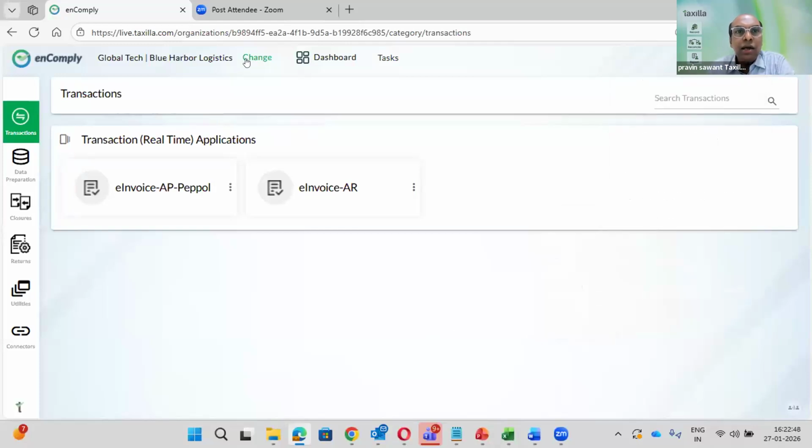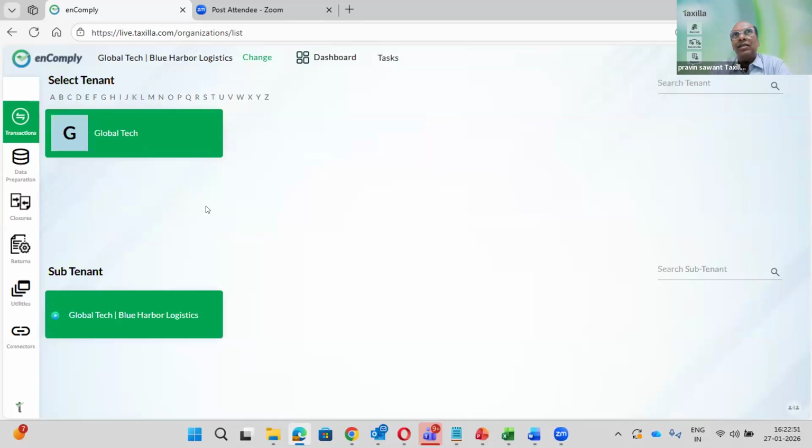Okay. Now here you have a tenant and subtenant concept. Typically, if you have a group of companies under a VAT group, you have legal entities, and under each legal entity you have an individual TRN number. Now, the tenant is the group and the subtenant is the multiple TRN numbers. Under that also, if you have a physical location or branches, those will be subtenants. Suppose you are doing business in Saudi, in India, in Bahrain or any other country where e-invoicing is there. Those will be subtenants.